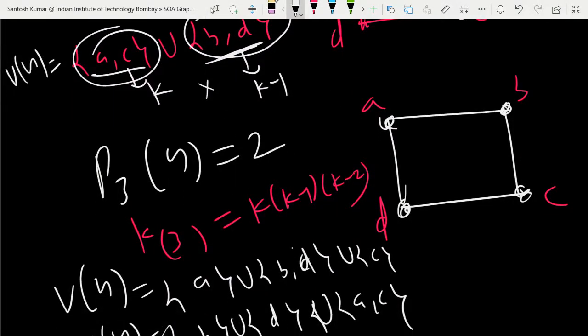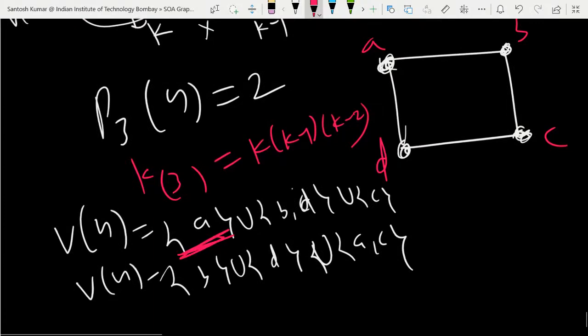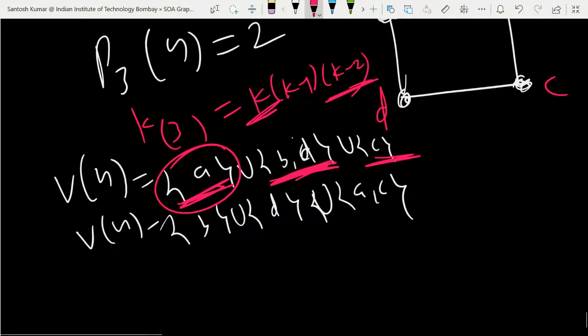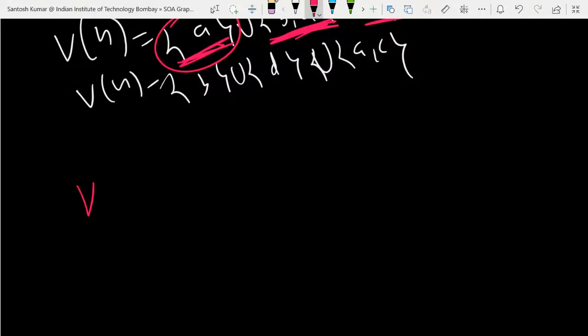So it has two ways. And why this? See, we have to use three different colors. For the first, A, I can use any one of the K colors. For this BD, I can use any one of the K minus 1 colors, because A and B are adjacent vertices. And for C, I can use K minus 2 colors. Are you getting it? Similarly, if we partition this vertex set into four independent sets,